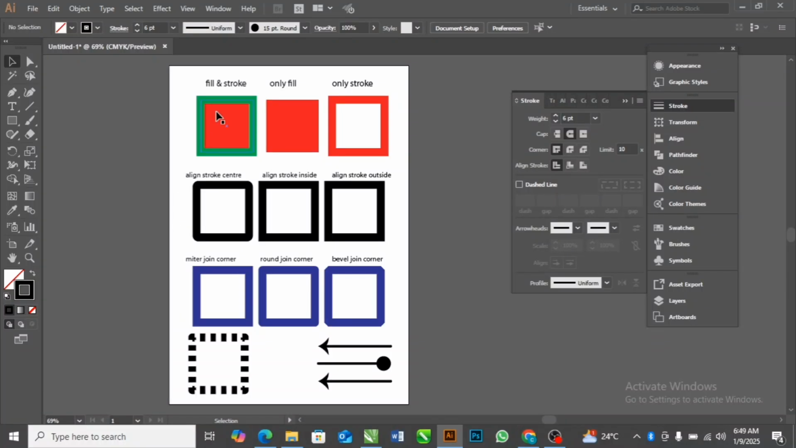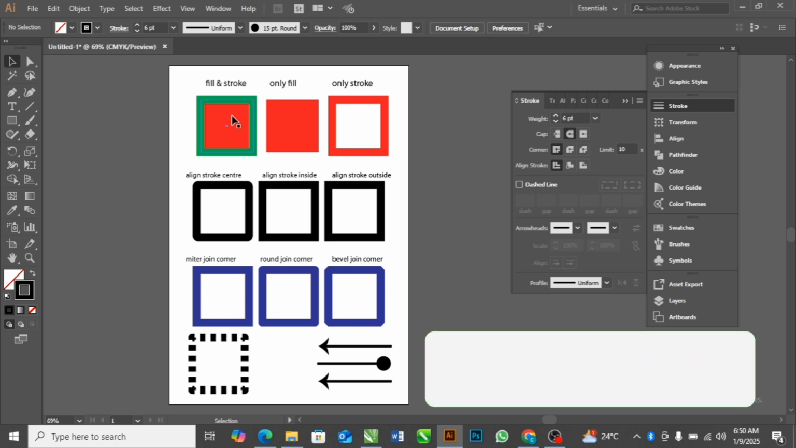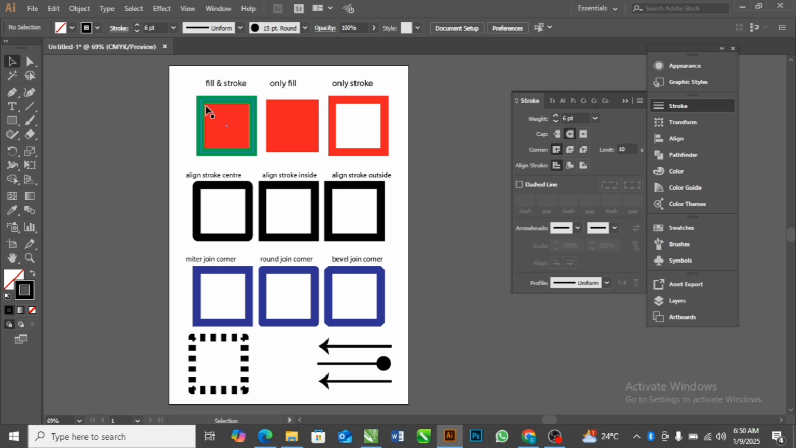As a graphic designer, knowing how to add a fill and stroke effect to your designs is very, very important because this will help you to manipulate your designs however you want. So in this video, I'm going to show you step by step how to add your fill and stroke effect using the simplest method ever. So stick around this video and see how I'm going to add a fill and stroke effect to my vector